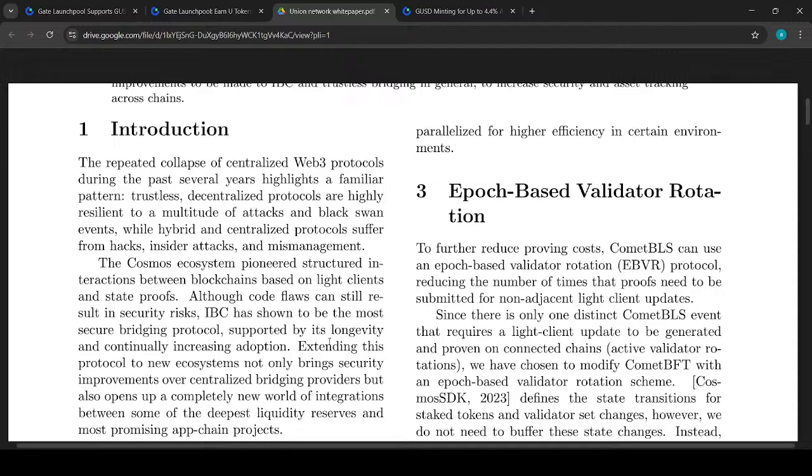The Cosmos ecosystem has a structure in the interaction between blockchains based on light clients and state proofs. Although the code flow can still have security risks, IBC is considered one of the most secure interoperability protocols, supported by